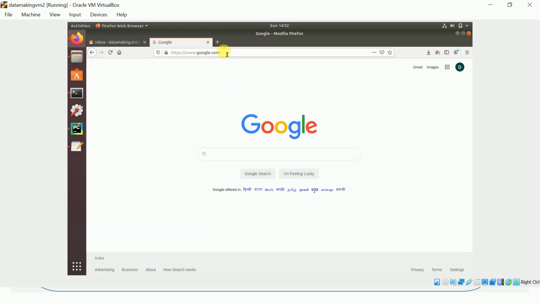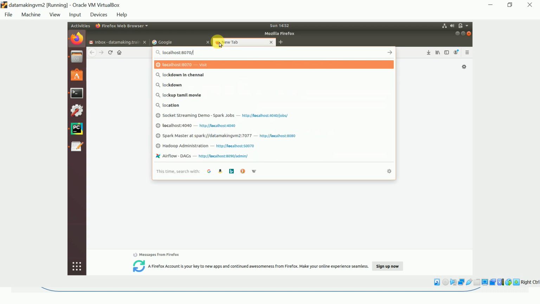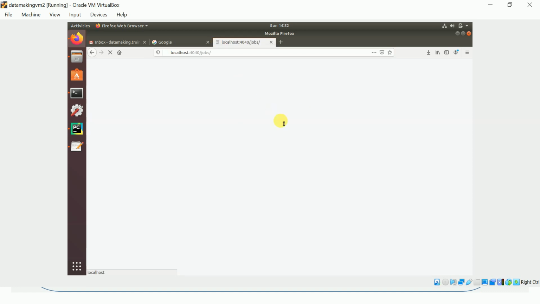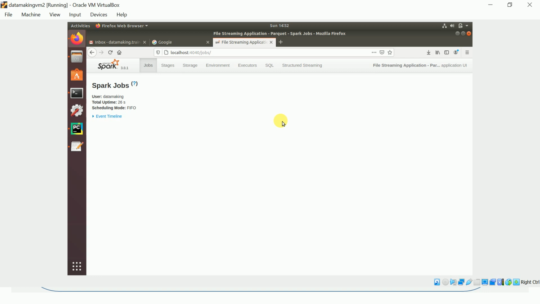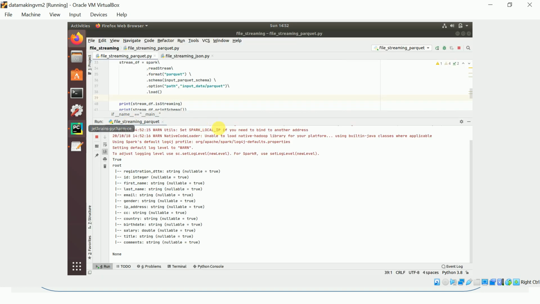The Spark Web UI can be accessed when you run in local mode, on port 4040, localhost:4040. This is the Spark Web UI, and you can go to the streaming tab. There is one streaming application running, which we already saw. It is for the Parquet file format.